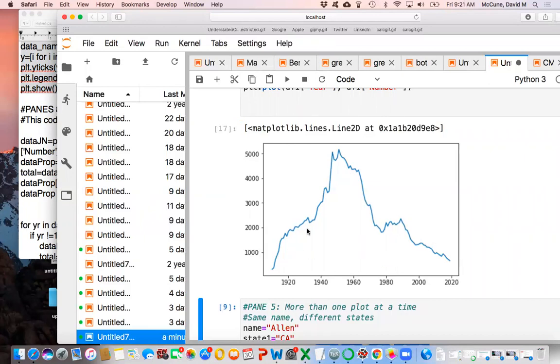So the thing is, this plot shows raw numbers over time. So like in 1940, there were like 2,600 or something Allens born that year. In 1960, there was something like 4,500 born that year. So again, this plot just shows raw numbers over time. If you're interested in whether names are becoming more popular or less popular, the raw numbers can sometimes be a little misleading. So like right here, Allen is increasing in raw numbers, but the population of the country was also rising.